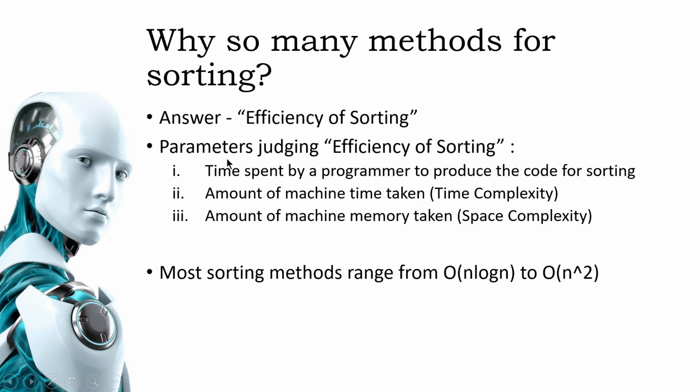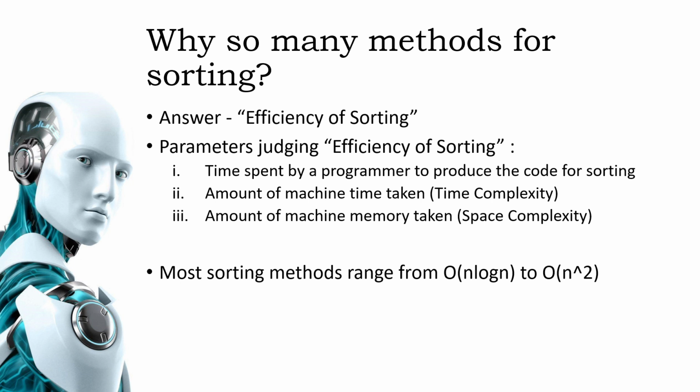There are three parameters mainly that affect the efficiency of sorting. They are time spent by the programmer to produce the code. So if I take 10 minutes to write a code and 20 minutes to write some other code, then I choose the 10 minutes code itself. So that is the time spent. Next one is amount of machine time taken, that is time complexity, and machine's memory taken, that is space complexity. These both are important factors